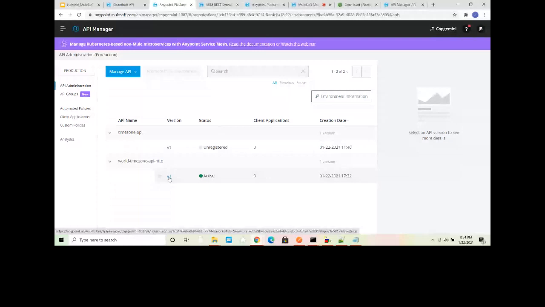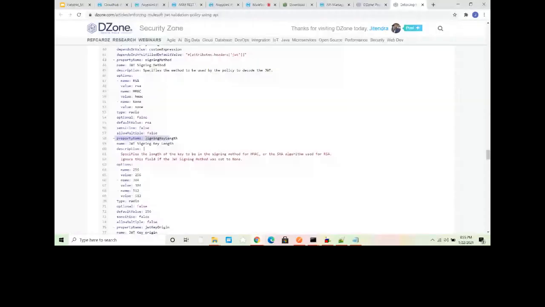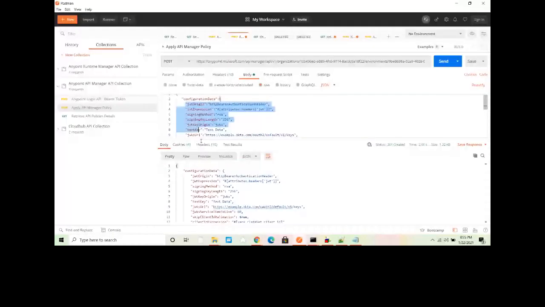All these things you will find here. Like signing method, what kind of signing method it is, all these properties are available, like signing key length, this is the property name. JWT key origin, this is the property name. What are the things it supports? So this is how you can create this, you can pass these fields into your configuration data.